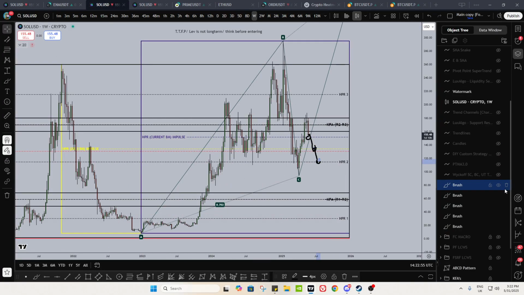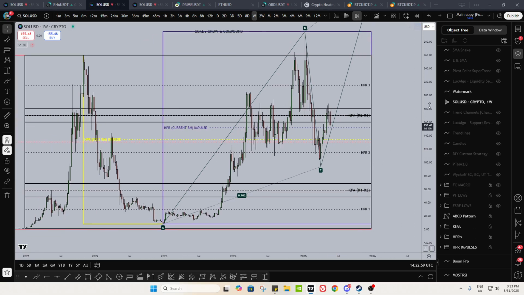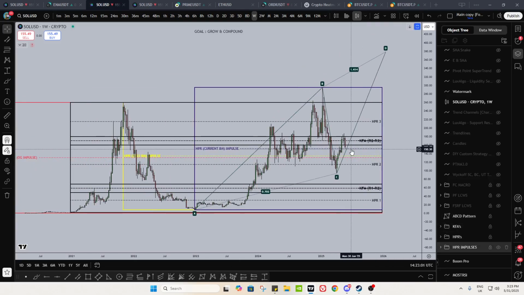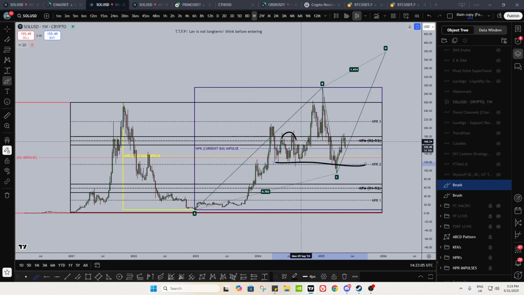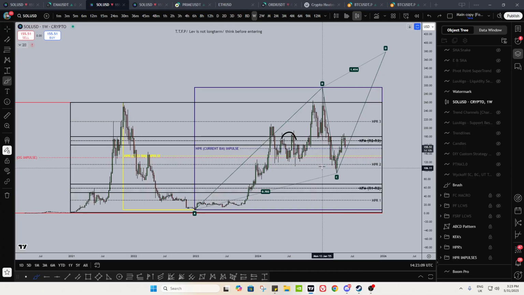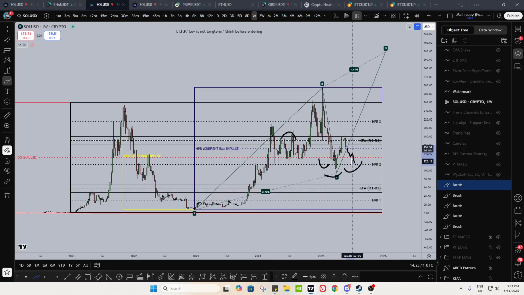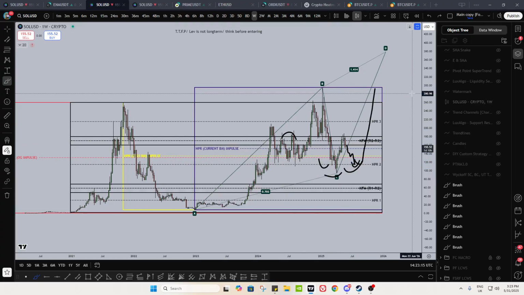So Solana is like, you don't need anything fancy. Literally just buy seller zones and historical price ranges, key inflection areas. Just in terms of those, it's fine, right? You're still within your range. Yeah, you've rejected off this for now, but we know even if that's lost, it's not the biggest problem. You could do something crazy. You could do something like this, right? If you got a big enough flush, you could put some sort of macro cumulative structure in at these lows and then send it. Who knows?